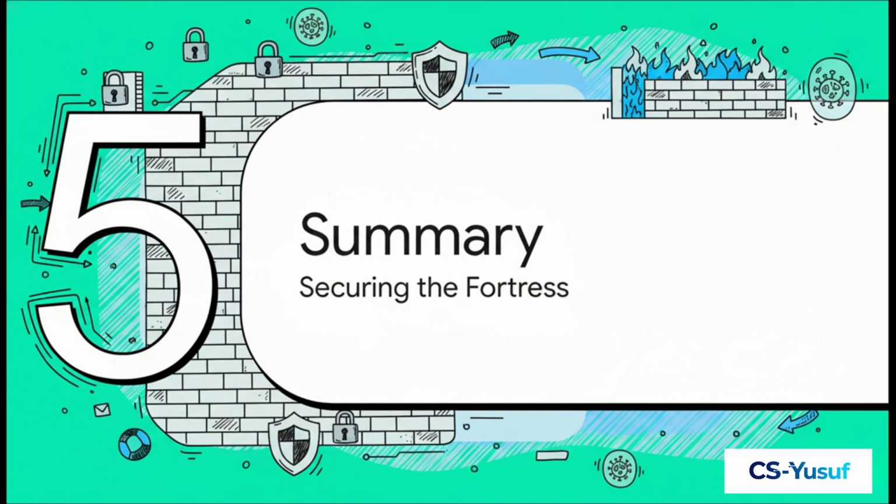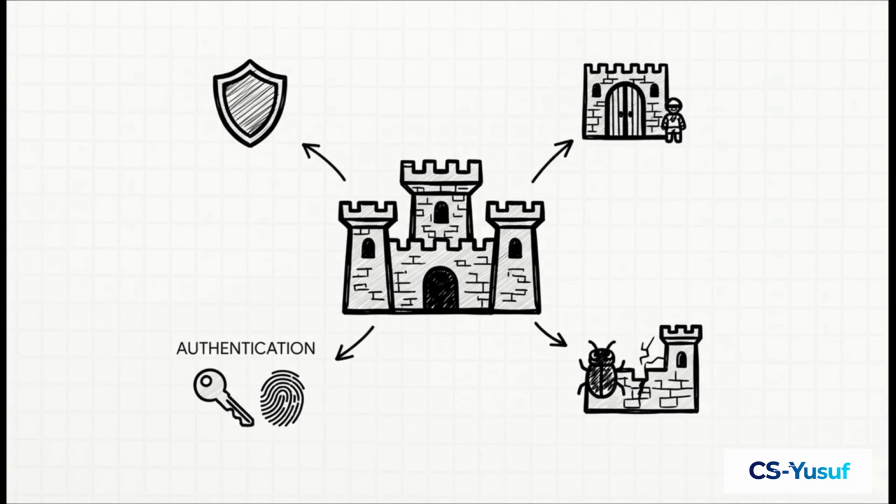All right, we have covered a ton of ground. We've gone from the high-level goals of security all the way down to the nitty-gritty of how specific exploits work. So let's just take a step back and quickly recap the key defensive layers of our digital fortress. So what's the big takeaway here? The most important thing to remember is that a secure fortress isn't just one big wall. Real security is a strategy called defense in depth. It starts with knowing what you're trying to protect, then you build layers. The gates and guards of access control, the secret handshakes of authentication, and you're constantly patching and reinforcing the walls